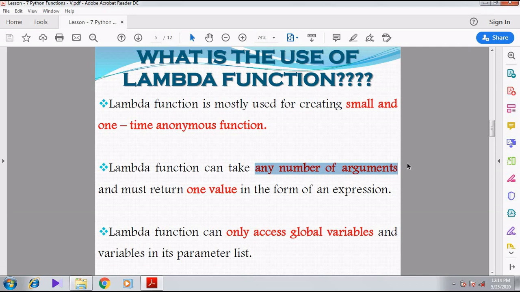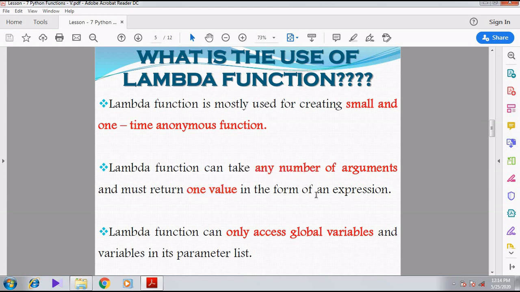And another thing, whenever you give many arguments, it will return only one value in the form of an expression. You can give any number of arguments, but the returning value will be only one value, in the form of an expression.